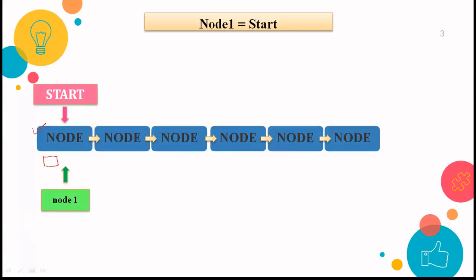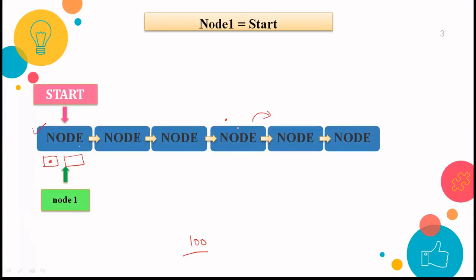So see, in this we have two parts. First is your information and then is your next part. So we want to search for some element. Let's say we want to search for 100. So node 1 information part will be checked, and we are trying to find out whether this value is equal to 100 or not. While we will be traversing from the first node to the last node, if we find a node which contains 100, then we are going to stop. So if this is the node which contains 100, then we have to insert a node after this. This is all what we have to do.